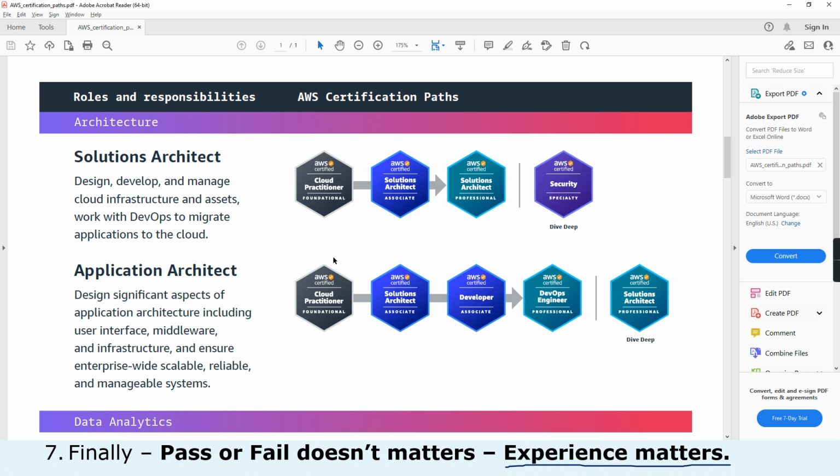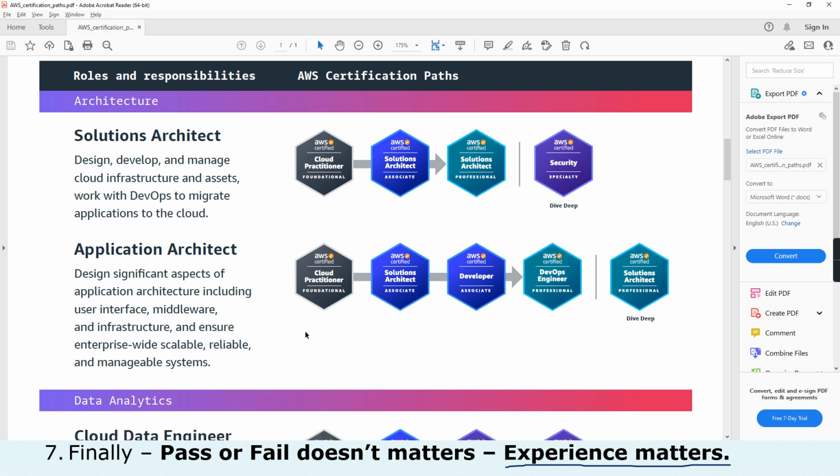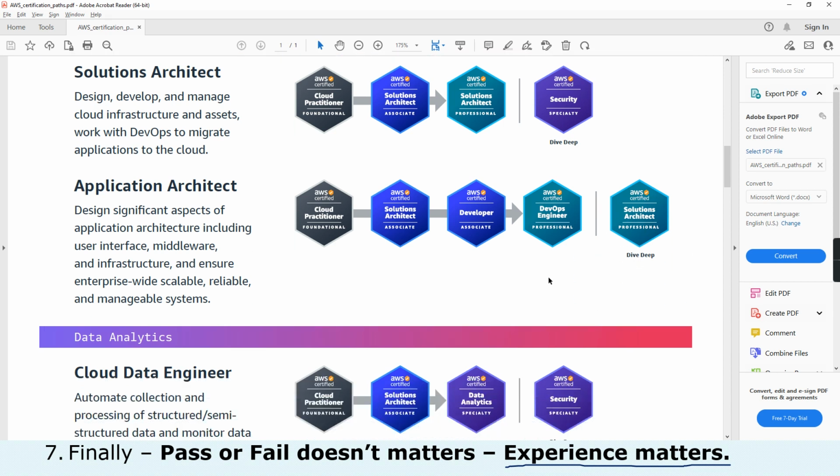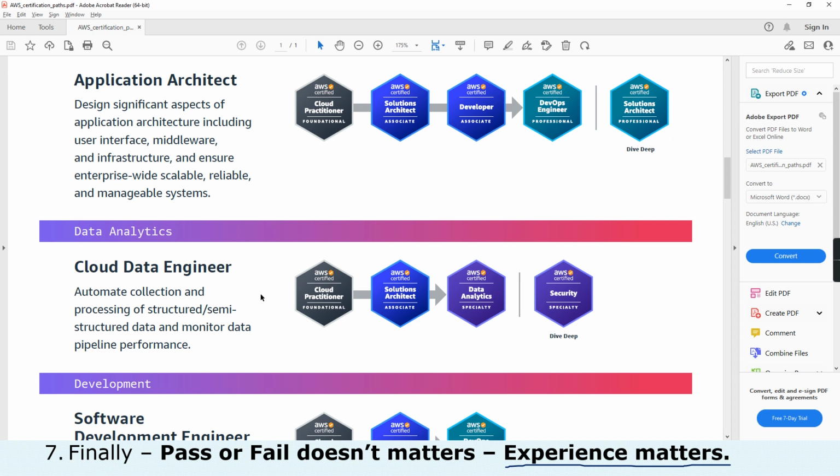This is very valid. AWS prepared this based on industry experience after going through a lot of iterations. When you are an application architect, this is the track for you. So you can try SA Associate, Developer Associate, and then DevOps Professional. If you want to dive deep, you can utilize the Solutions Architect Professional. If you are a cloud data engineer, typically practicing data engineering on AWS, Data Analytics Specialty is the wisest exam, but we strongly recommend going through some associate exams before appearing for the specialty level exams.